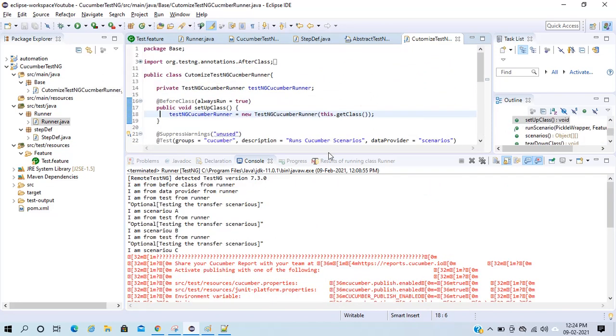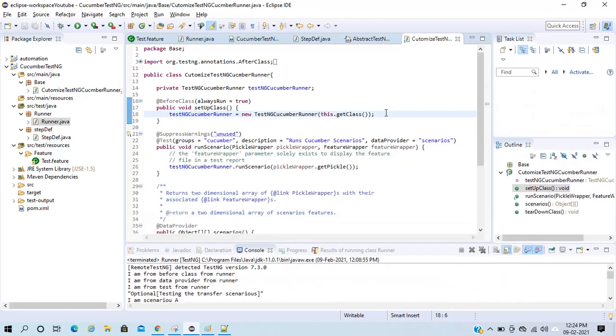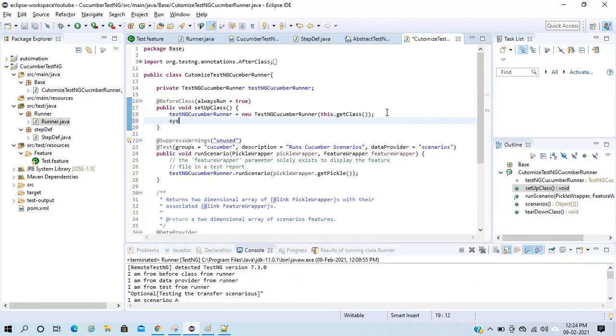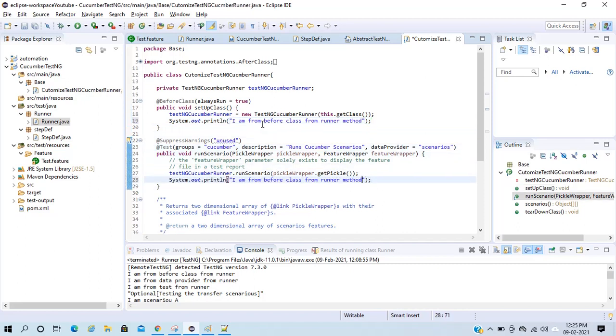Now I will show you the flow. For that, I'll be adding a print line statement. Let's say this is my before class: I am from before class from runner method. The same thing I will put in every method.